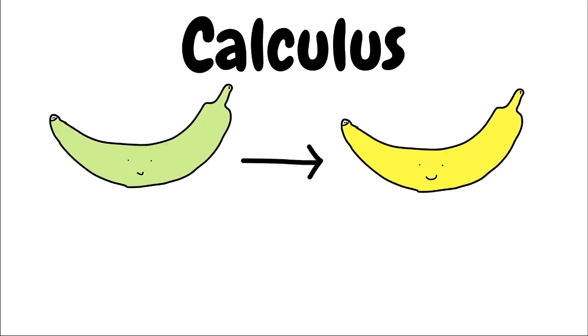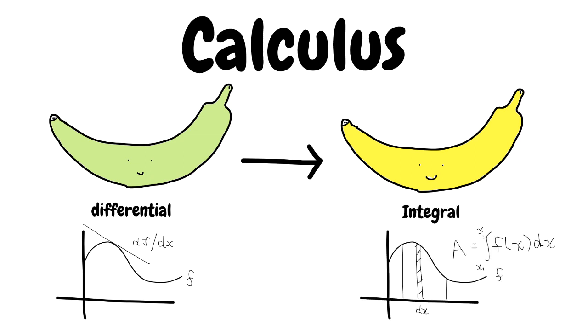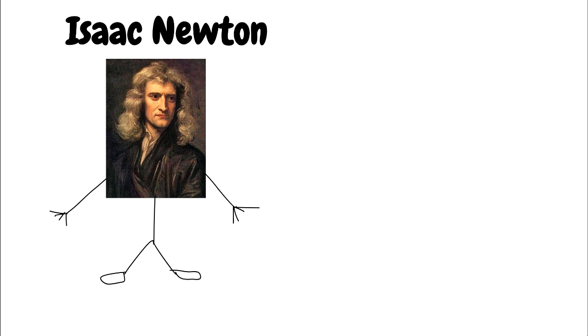Calculus, the mathematical study of how things change. It includes differential calculus, rate of change using slope as a function, and integral calculus, determining quantities like areas and volumes under changing conditions. Two people responsible for calculus: Isaac Newton, the guy behind the laws of cartoons,